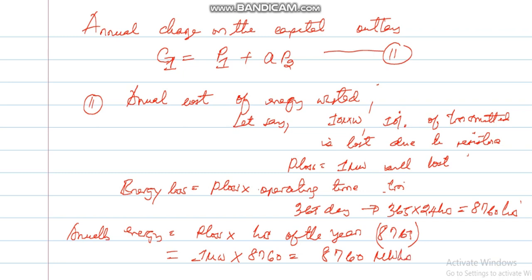Sasa hii energy ina gharama yake, ni kama vile unapoenda kununua umeme kwamba unit moja unanunua shilingi kadhaa, na pia hizi tumepoteza pesa hapa, ndio. Kama tungeweza ku-design transmission line vizuri, this lost energy might be saved. Umeona? Kwa hiyo this energy we have to quantify the cost of this energy wasted. Sawa. Na tunajua kwamba